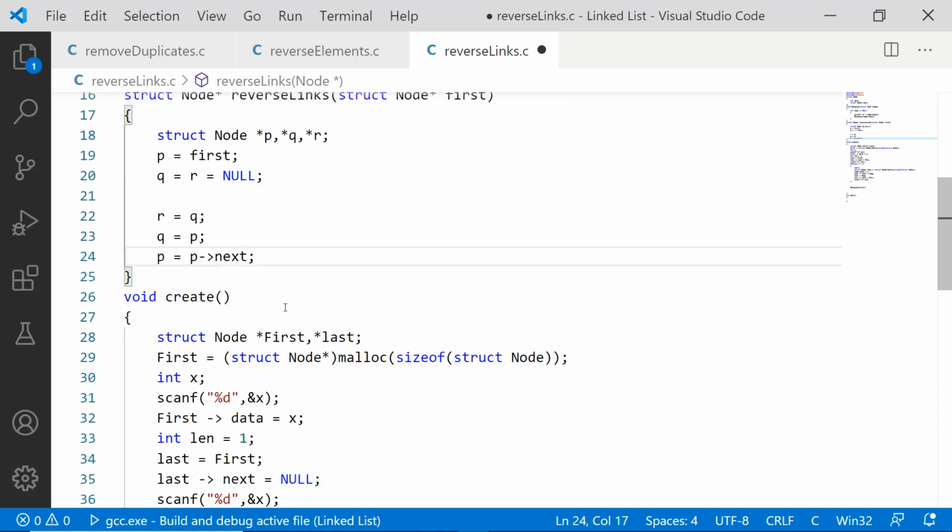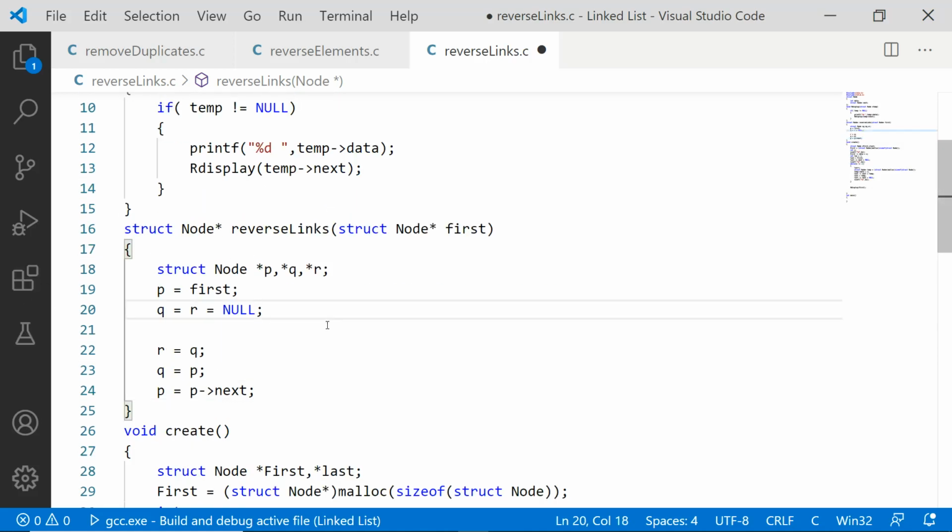So the pointers have been slid one position rightward. R equal to Q, Q equal to P, P equal to P of next.